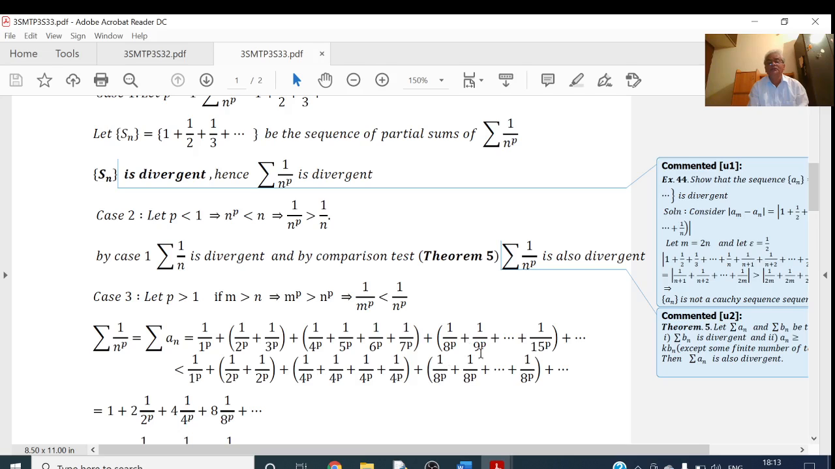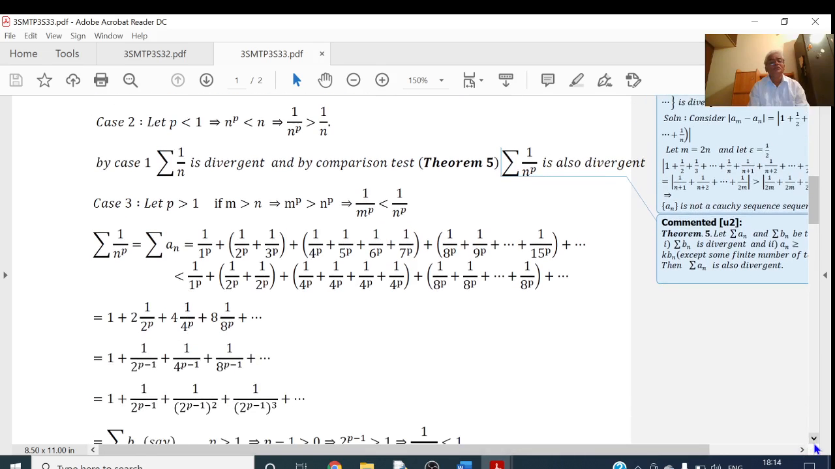But 1 by 9 to the power of p is less than 1 by 8 to the power of p. Similarly, 1 by 10 to the power of p is less than 1 by 8 to the power of p. So here I have taken 8 terms. These 8 terms are less than 8 times 1 by 8 to the power of p. So that is, first term is 1 itself, plus second term, 2 times 1 by 2 raised to p, plus